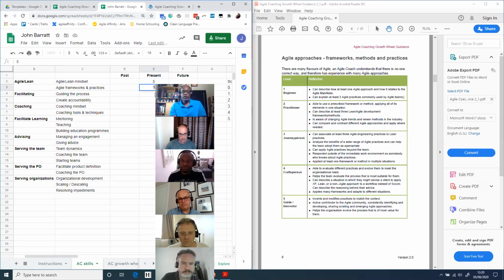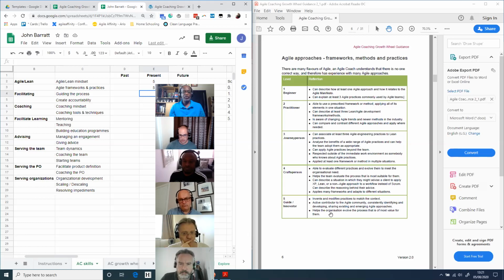Can I just come in and reiterate a point that we discussed in the previous assessment? So it is possible that an individual may have 3 bullet points under journey person, under craftsperson, they might have 2 or 3, and under guide, innovator, they might have just 1.